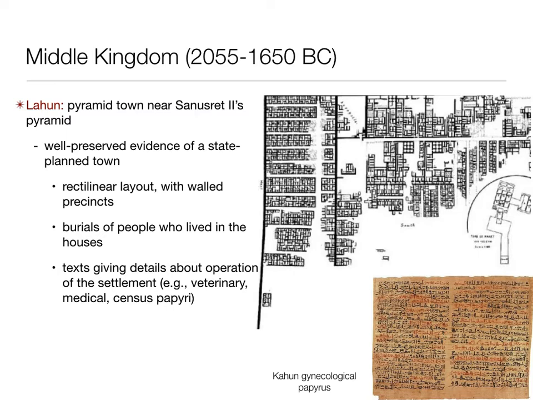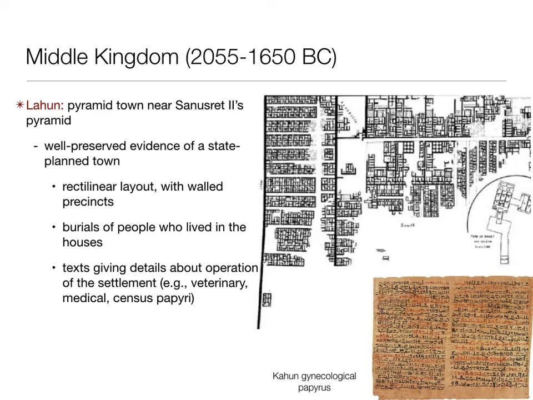And it's not written in hieroglyphs, obviously. It's written in a different kind of script called hieratic script that we'll talk about a little bit later. But it's sort of the general everyday script that we see things written in. So this is kind of a nice, obvious window into daily life that archaeology itself can give us, and some of the cures for various sorts of things. Other kinds of papyri include veterinary papyri, censuses, and so forth.